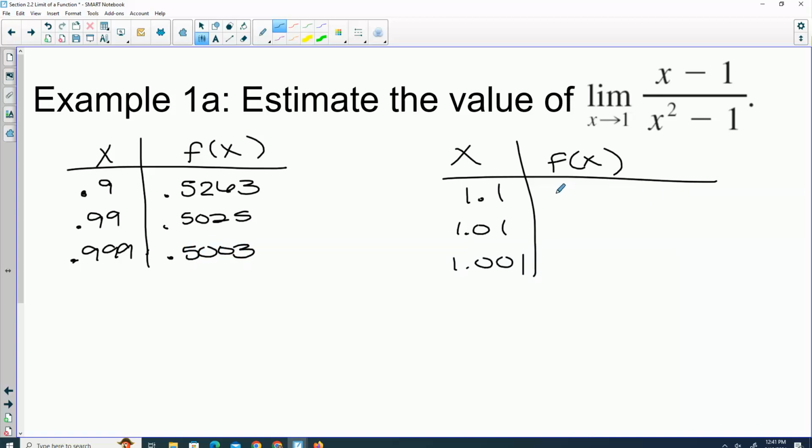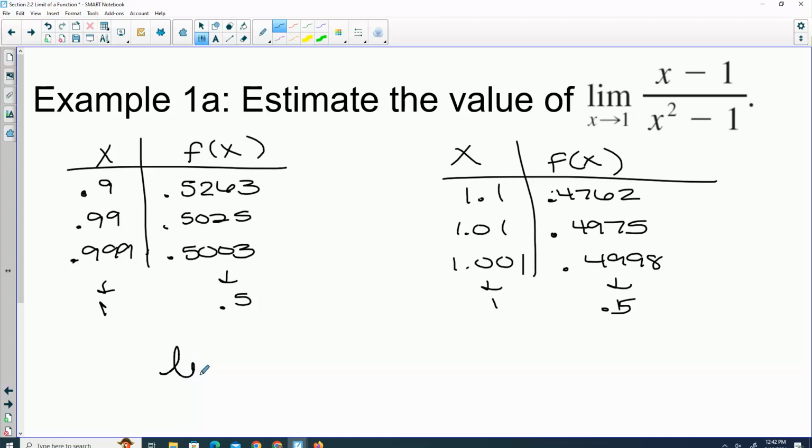0.500250125. Okay, Sam, what about 1.1? 1.476. Grant, 4975. Carson and Grayson, 0.499750. Okay. So we can see my x is getting closer to 1. What's my y getting closer to? 0.5. Is that the case in both tables? Yes. So we would say the limit as x approaches 1 of x minus 1 over x squared minus 1